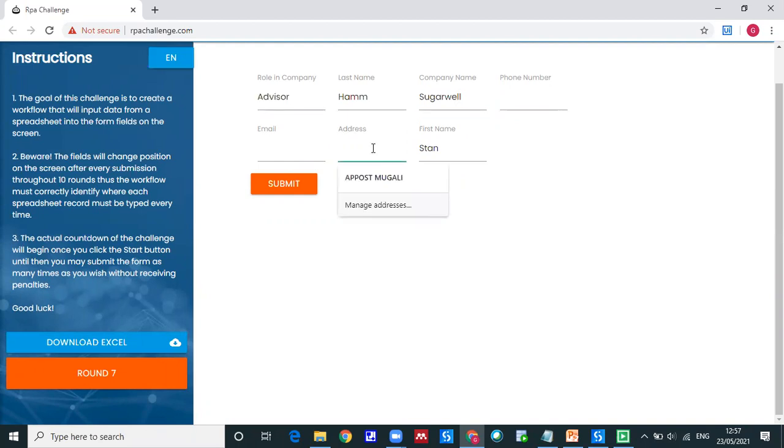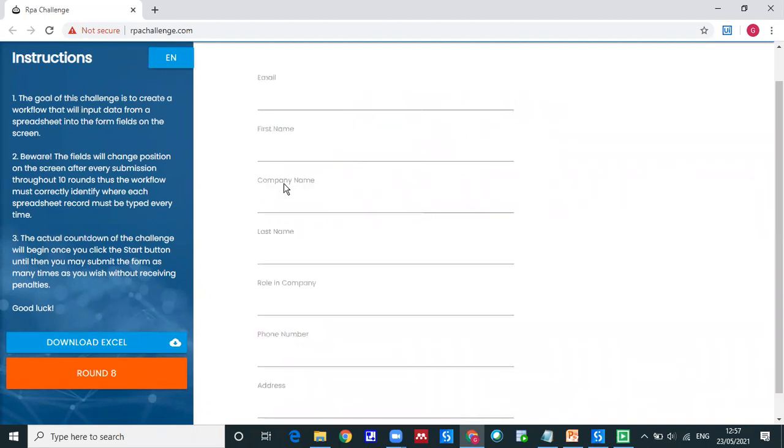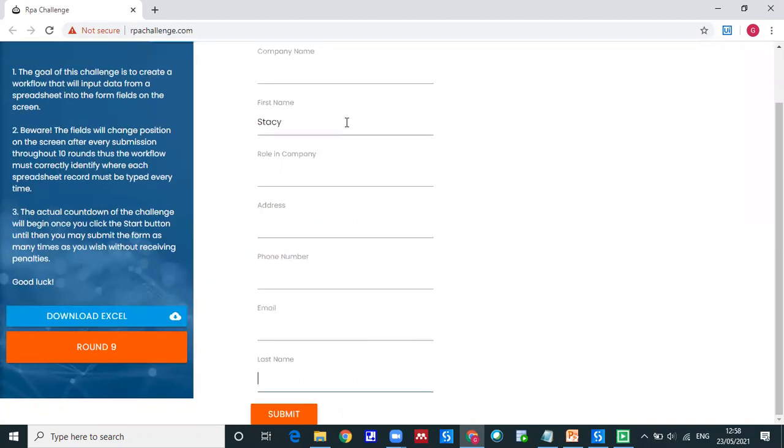Okay, so almost we are at round 7. So let's wait. And one more thing, in the type into, there is an option called simulate click. Now it is a little bit slow, I can say, right? It seems a little bit slow. If you use that simulate click option as a checkbox, this will improve the speed automatically. We'll show you that as well if time permits. So this is the default method we have used for typing the data. If I use simulate click, that will improve the speed. Let's see after this completion.